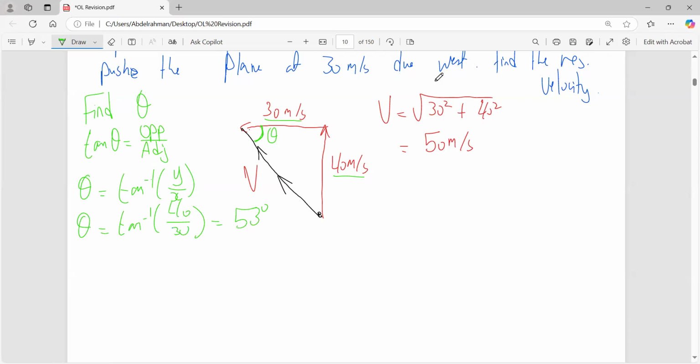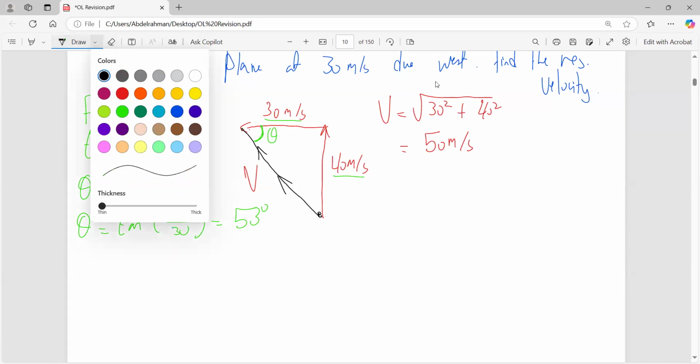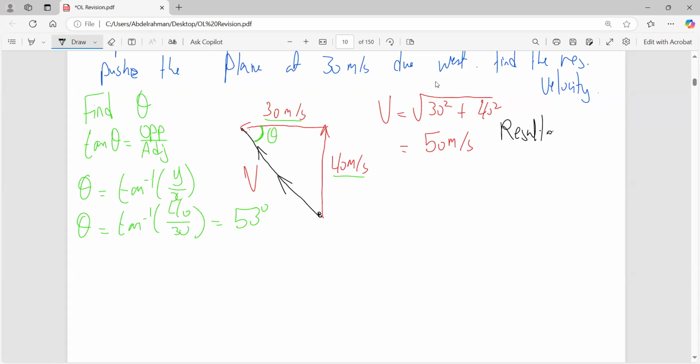So this is a question, it's a very popular question. The numbers could differ, definitely could be a bit different, but it's a very, very popular question. Find the angle, find the resultant force, find whatever, finding the force or finding the velocity, the resultant. Let me write it down. This is the resultant velocity